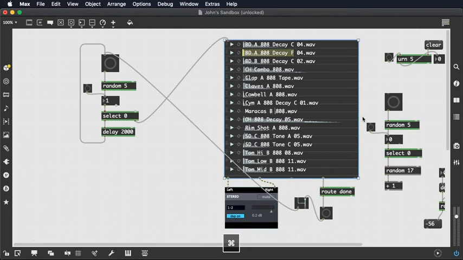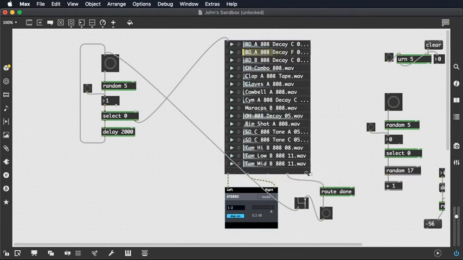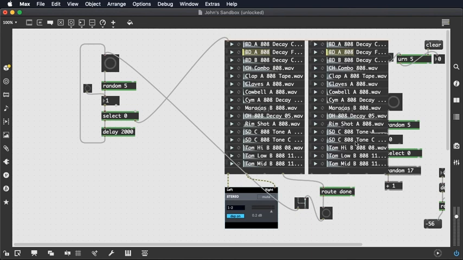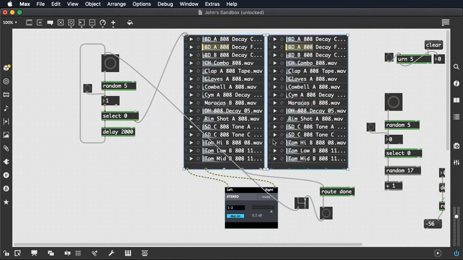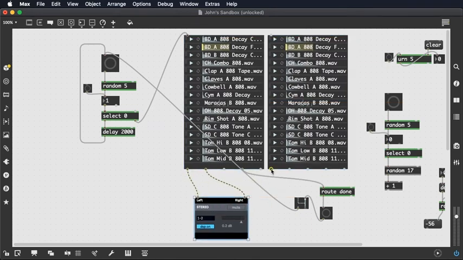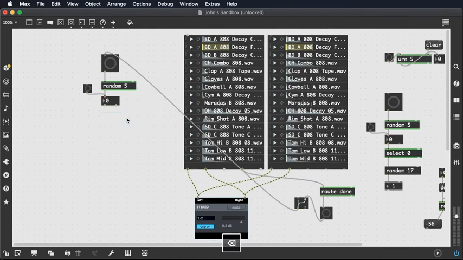If you had, I'll just Option click and drag and duplicate my whole sound file bank there. In order to mix the actual audio together, you can just connect to the same inlet, and this will give you a mix of the two sounds. And what we'll do here is trigger sounds from these two lists with a delay from each other. So I'll get rid of my select and say delay